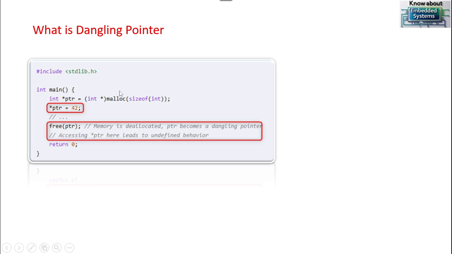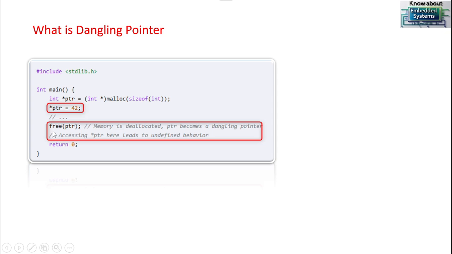Malloc is a function which is used to allocate memory dynamically. Then we assign some value, and after performing some operation I will free it up. Free is a function which is used to